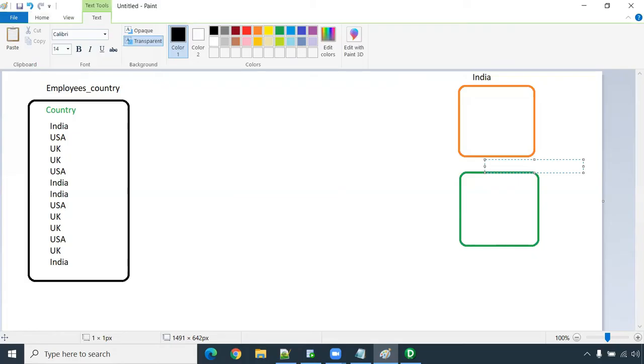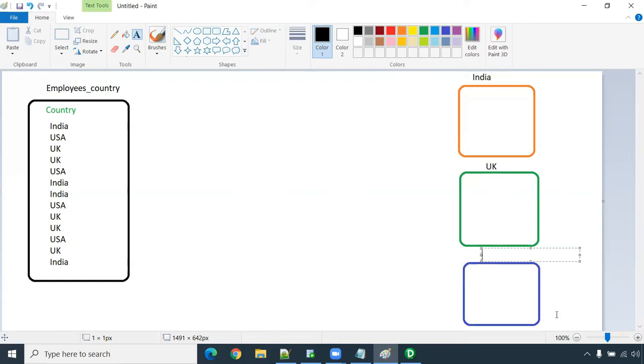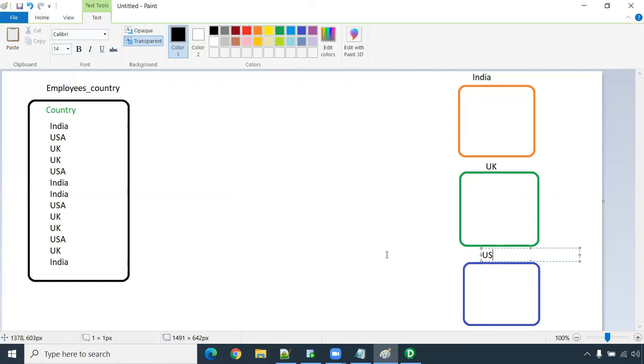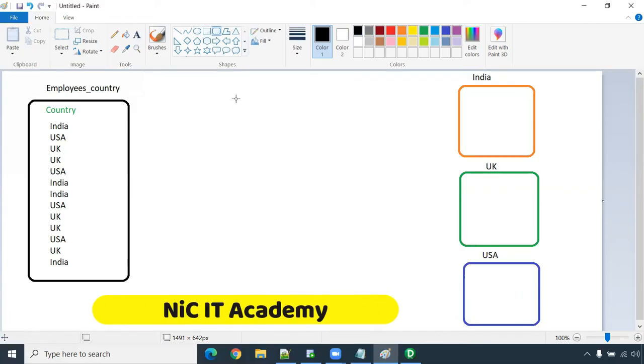And then I have to segregate another group, the US employees, which you can take separately. So I have to segregate. Can I use the filter transformation here? No, it is not advisable. Why? Because if you are using filter, you have to use three filters.